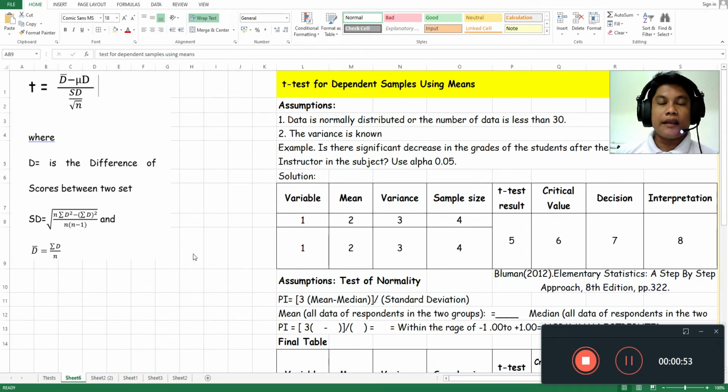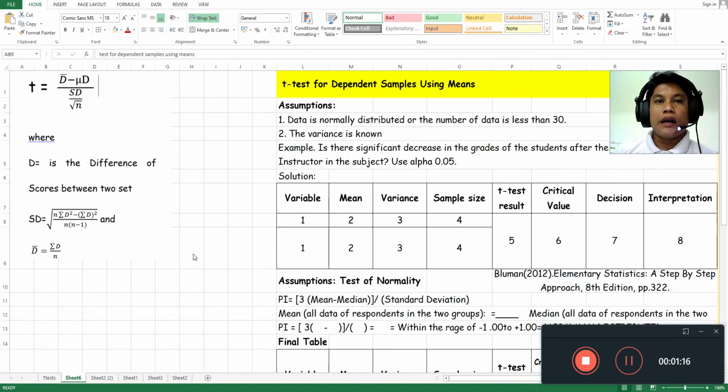Usually what happens is the teacher will administer the strategy to the students after the pre-test is conducted. And then after the administering of the strategies, the post-test will be conducted. And so if there is an increase of the score, then that is due to the strategy implemented by the